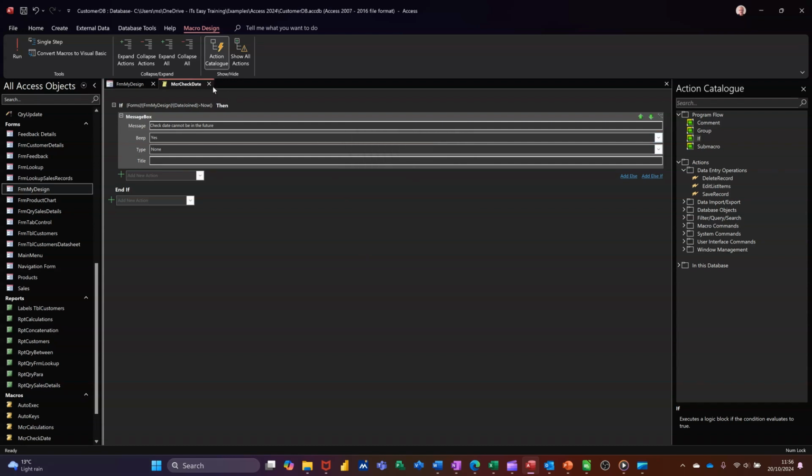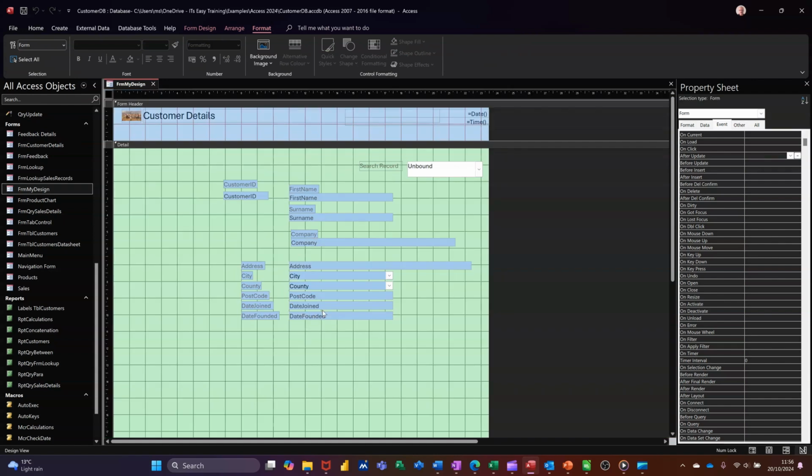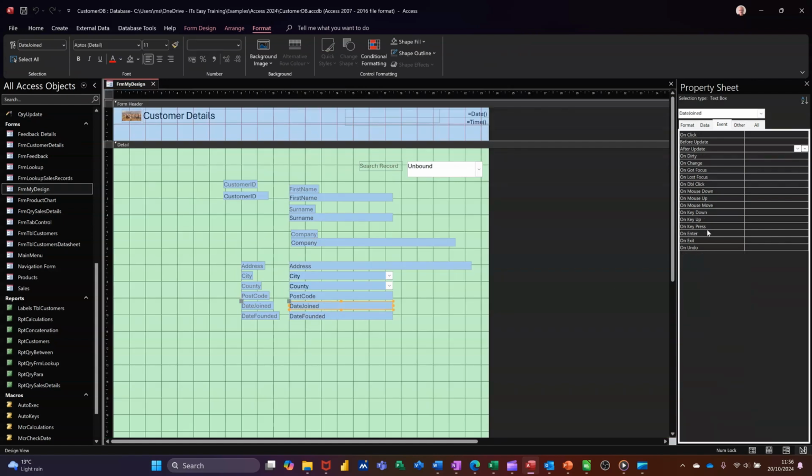Close that macro down. On your form, get yourself into design. Click on that field, date joined, and then go and attach that macro to either after update. I'll go for after update, so it'll come up with that message. So it's called check date. This one. Check date, save that,